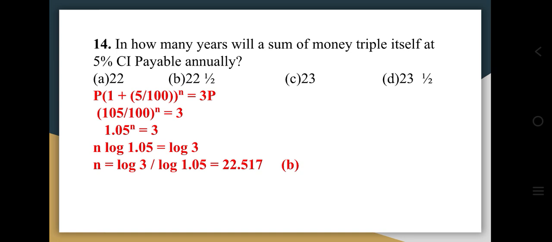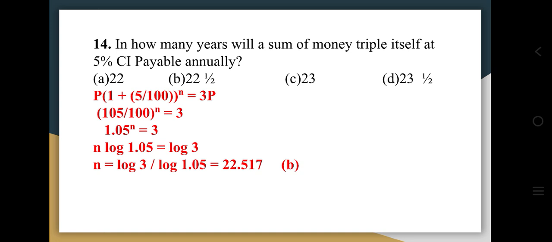So we use the formula P into (1 plus R by 100) power N is the amount. But what we want is N when the amount triples itself. The interest rate is 5%, so we want N so that the principal amount P at 5% compound interest becomes 3 times the principal amount,